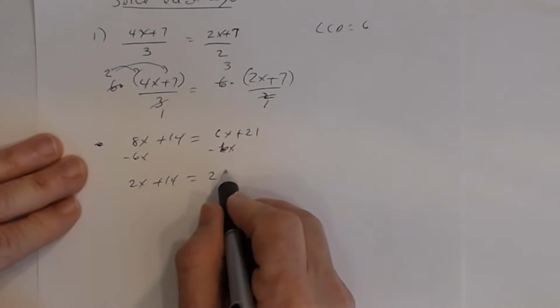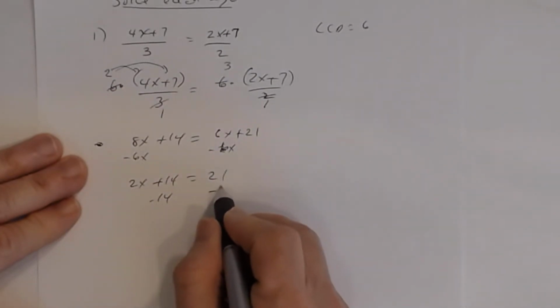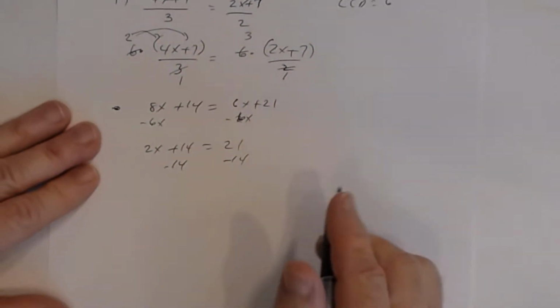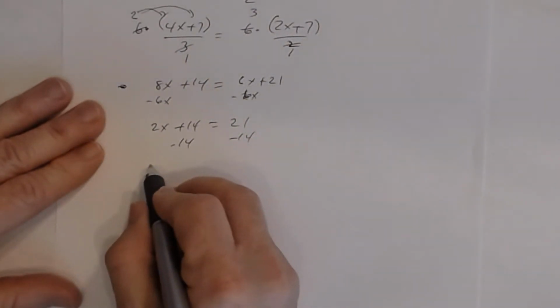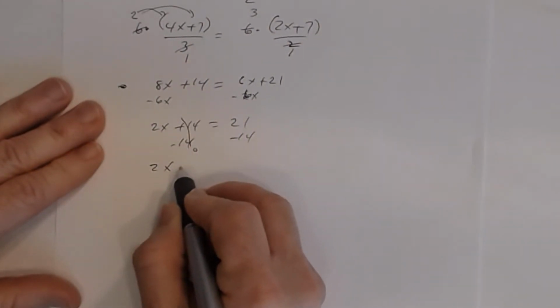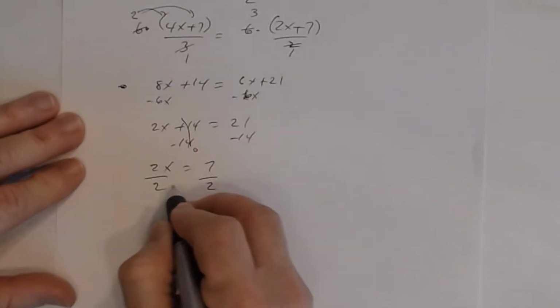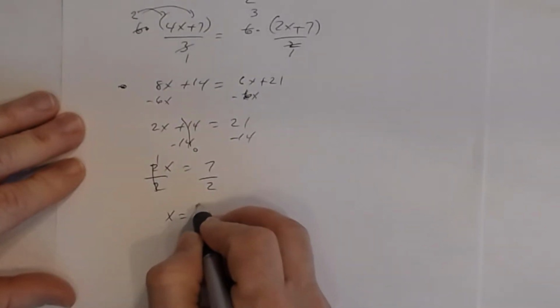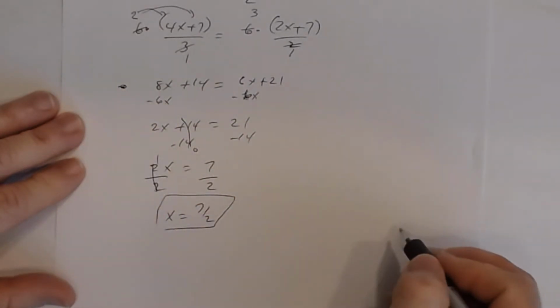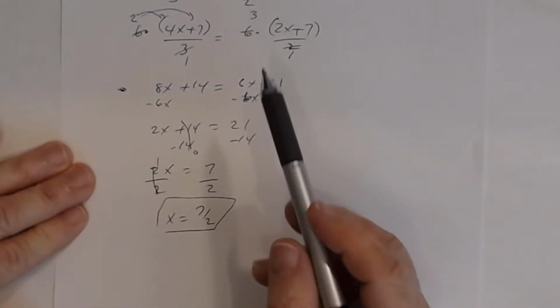0 plus 21 is 21. Then you can subtract 14 from both sides. And so I get 2x, this is 0 here, equals 21 minus 14 is 7. Divide both sides by 2. I get my solution to be 7/2. All right. Now, if I did all this work correct,